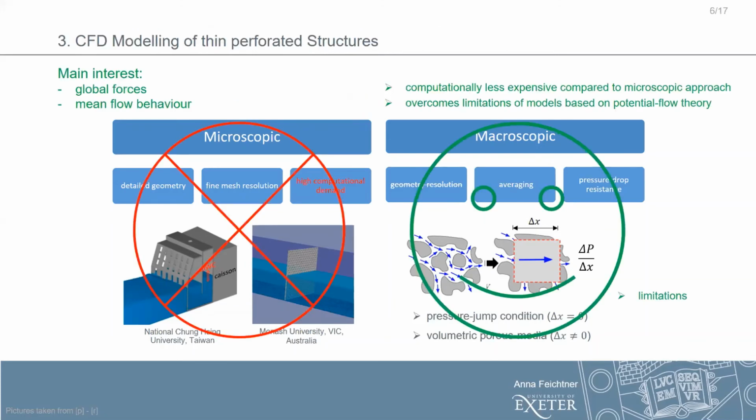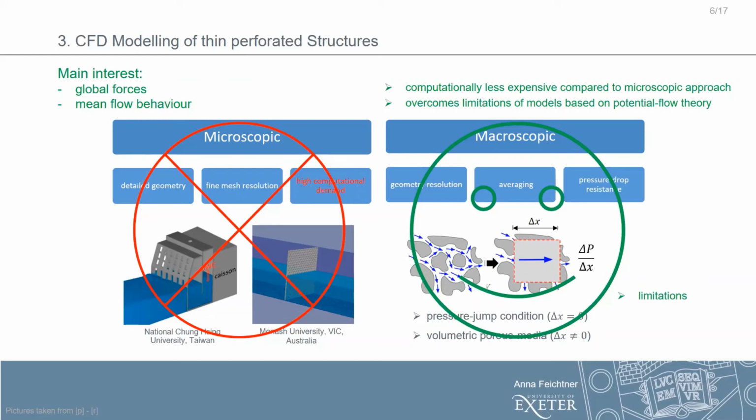And because in our case, we are mainly interested in the global forces and the mean flow behavior, the macro scale approach is our method of choice, because it's computationally less expensive compared to the microscopic approach, but still overcomes limitations of simpler models based on potential flow theory. However, it's clear that this method comes with limitations, and a very detailed fluid flow behavior cannot be